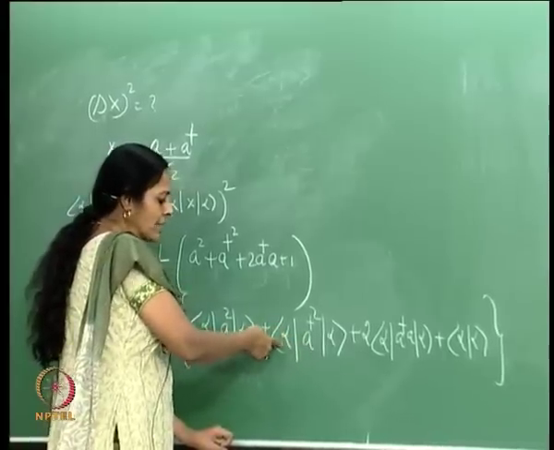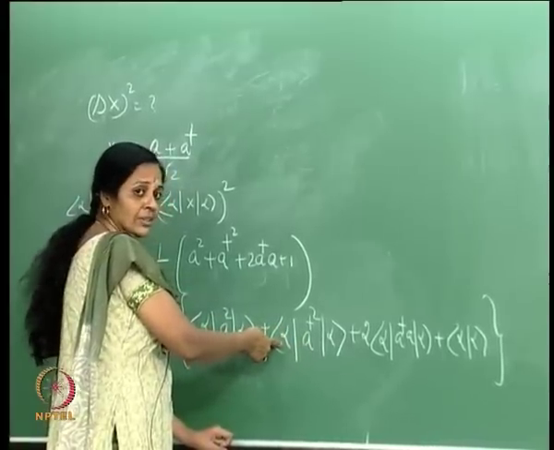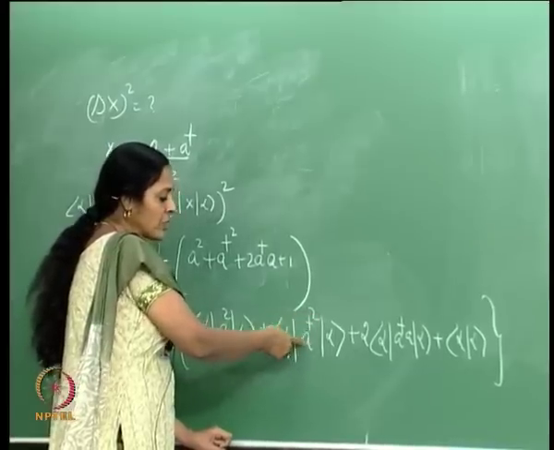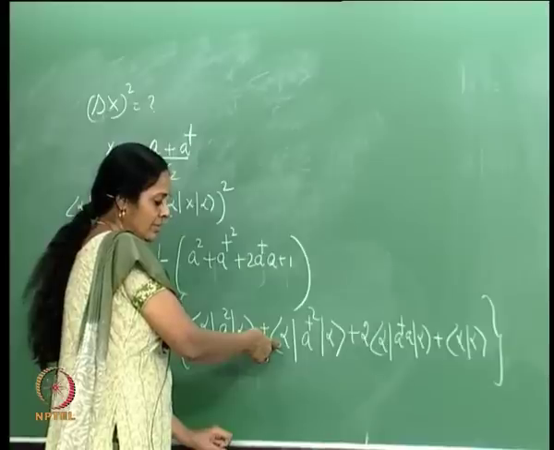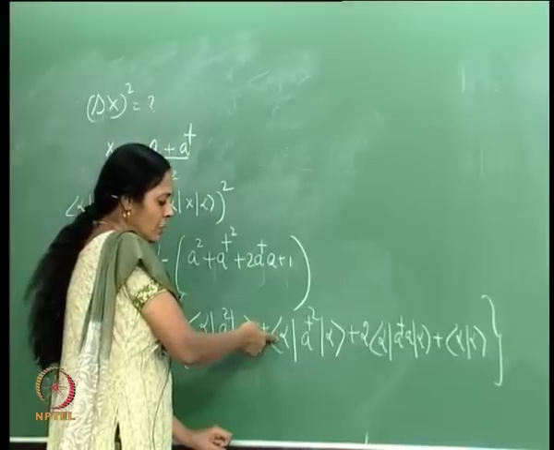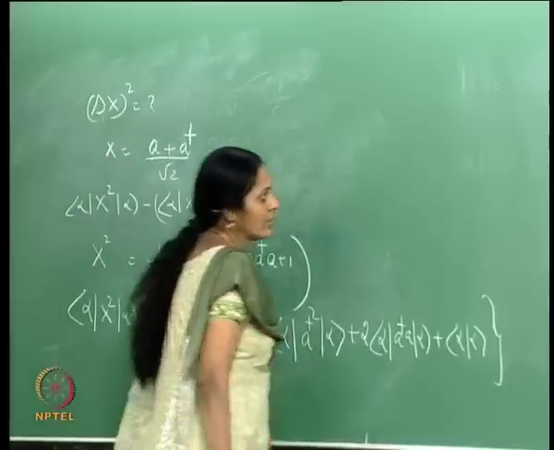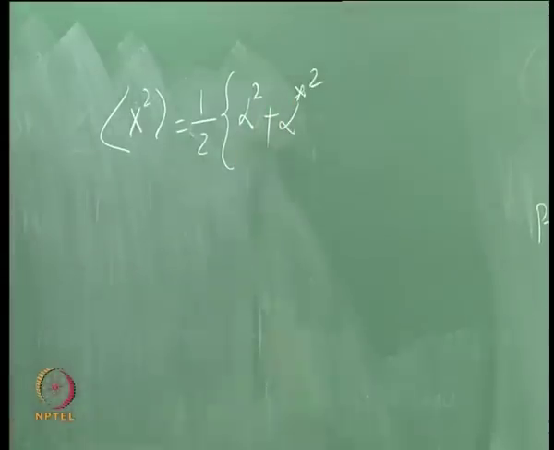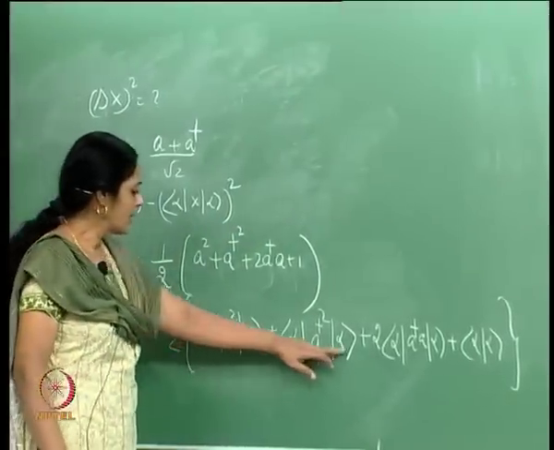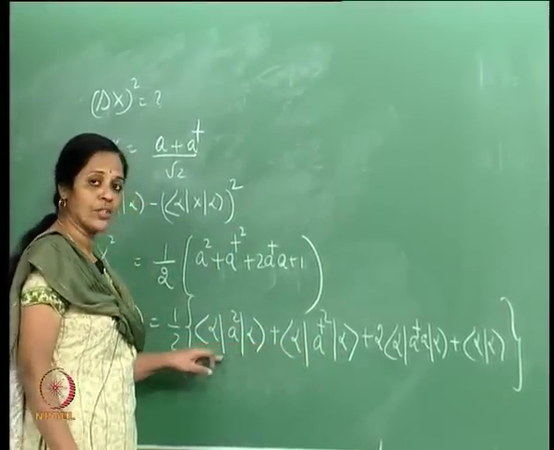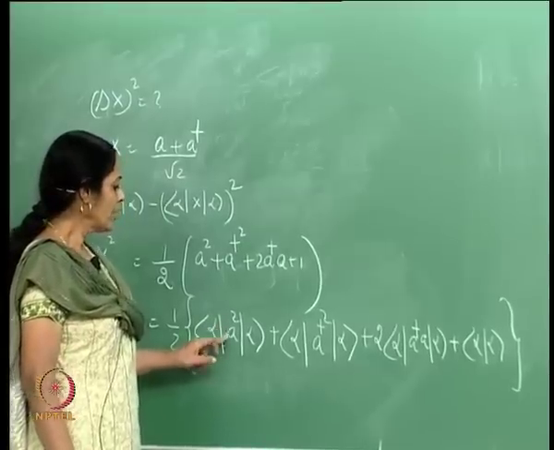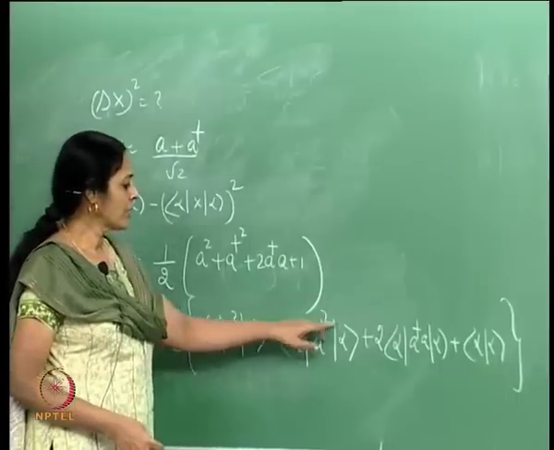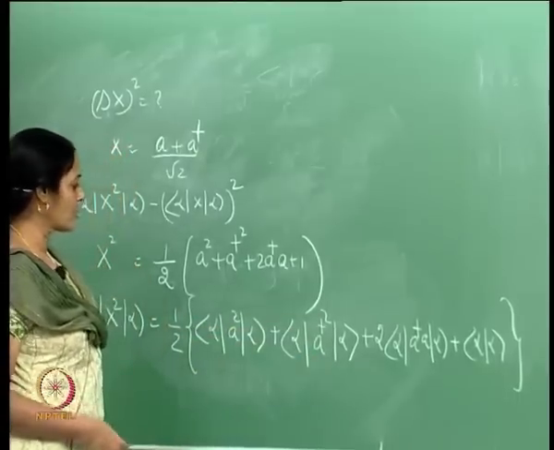I could work with a dagger acting on bra alpha, that pulls out an alpha star, twice over gives me alpha star squared, and use the fact that the inner product of ket alpha with bra alpha is 1, therefore I get alpha star squared. Equally well, you could have realized that this object is the complex conjugate of this object. Therefore, if the expectation value of a squared is alpha squared, the expectation value of a dagger squared is alpha star squared,